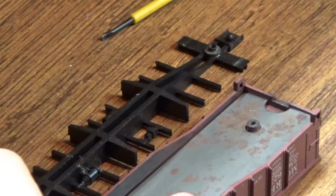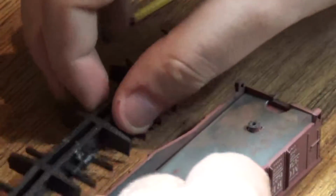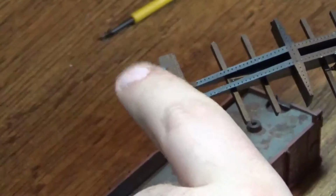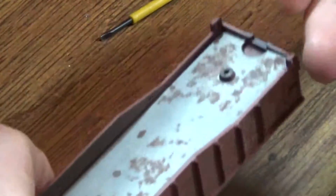So, handy dandy knife, and now the only reason I'm actually cutting these is they are too thin to put my centering springs and my KD couplers in. If these were the correct size, I would actually reuse them, but unfortunately they are not. So what I will be doing is I will essentially...